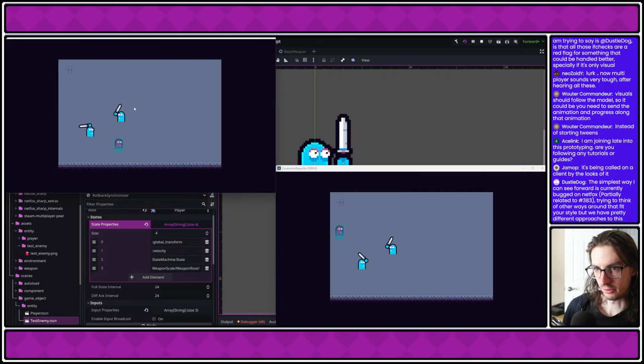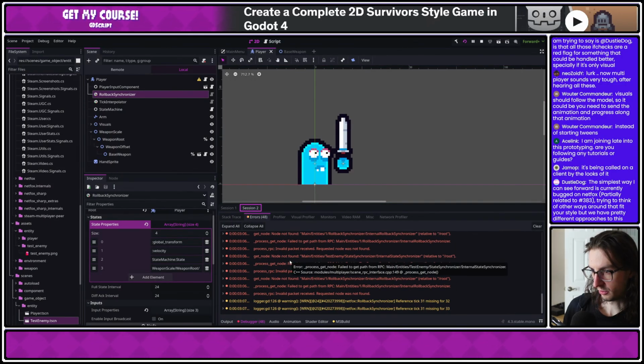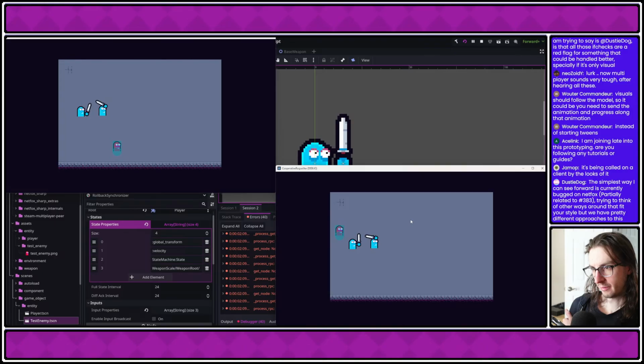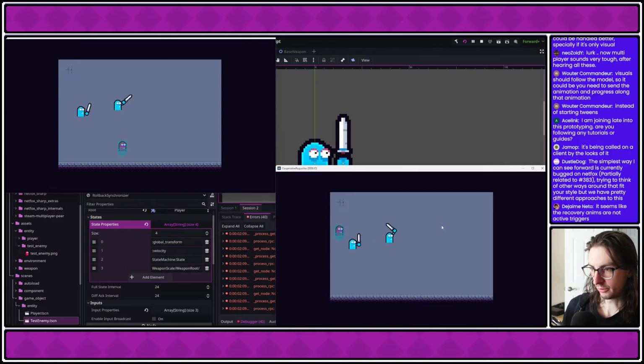Because this server, it never starts that recovery tween on the client side. Plays the animations correctly. Oh, that's not working either. There's some bugs. Reference tick 31 missing for 33. Seems like the recovery anims are not active triggers. What do you mean by active triggers? So, I mean,